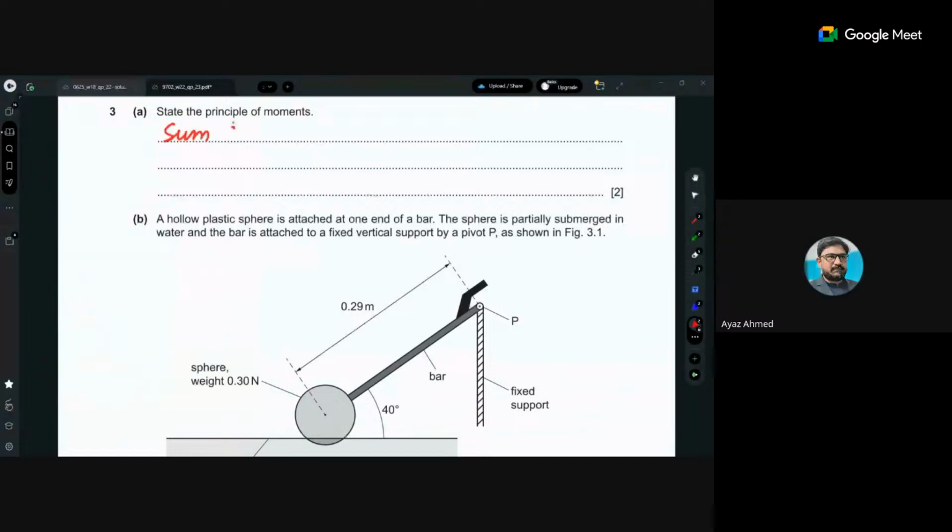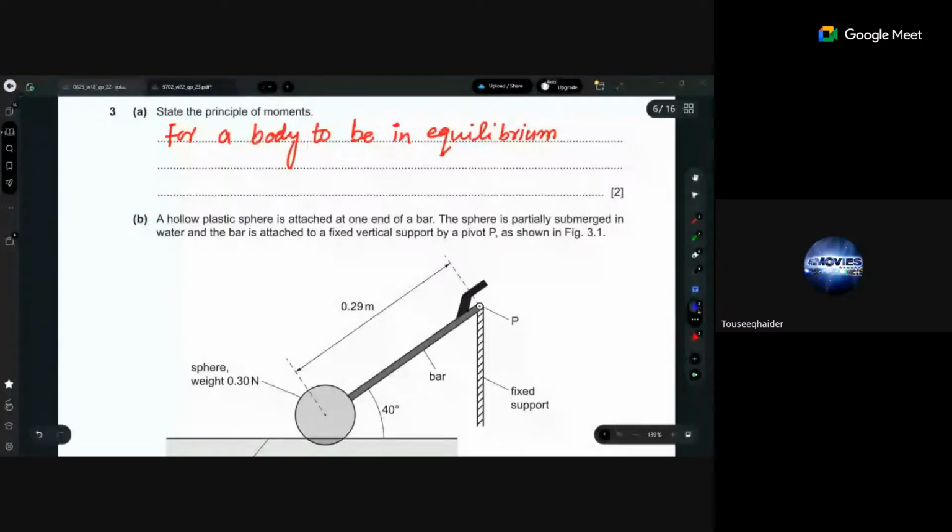For a body to be in equilibrium, sum of clockwise moments is equal to sum of anti-clockwise moments. नहीं, 'in a closed system' नहीं लिखना। Principle of moments ही पूछा उसने।